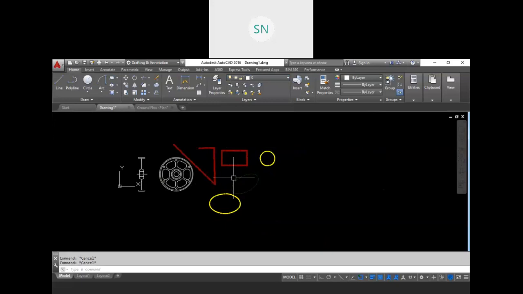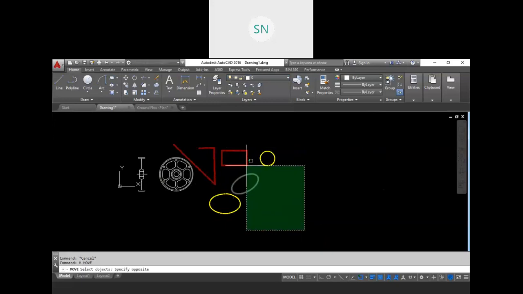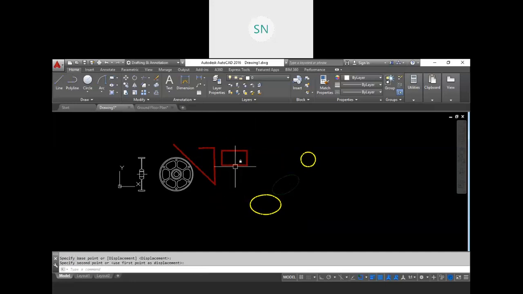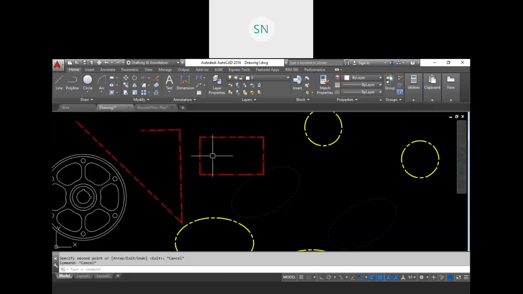If you want to move it, you can't. See, I am selecting all this object, but that piece is not going to move. If you want to copy it, it also won't work. So all the modifications, move, rotate, offset, copy, nothing will work when your layer is locked. You are not allowed to delete it also.